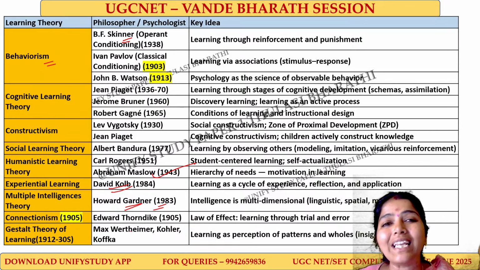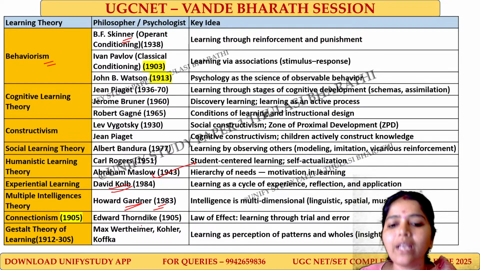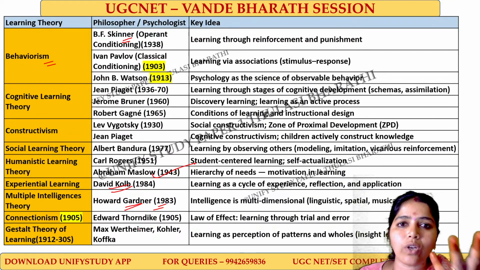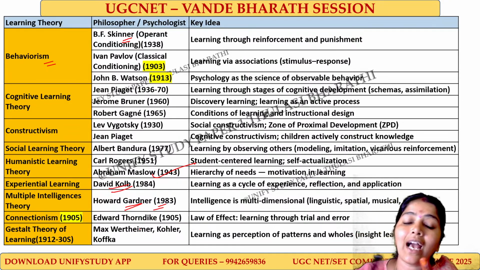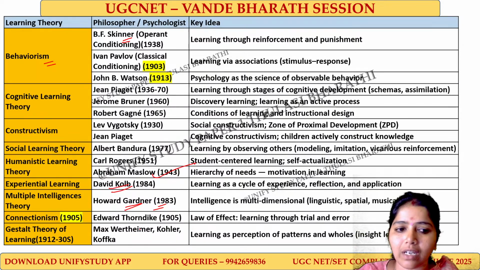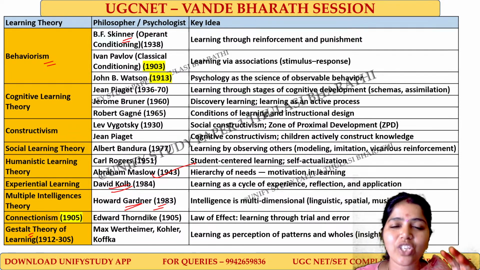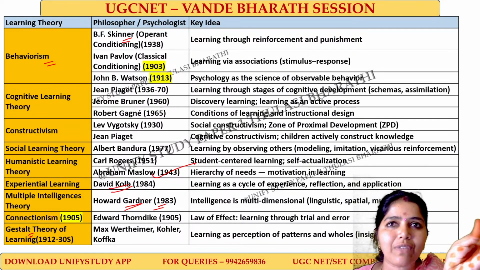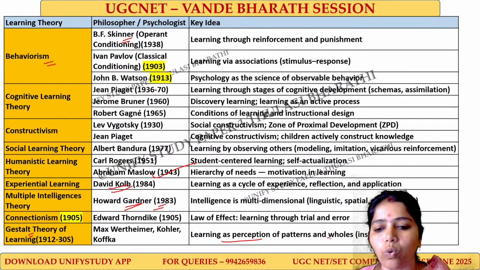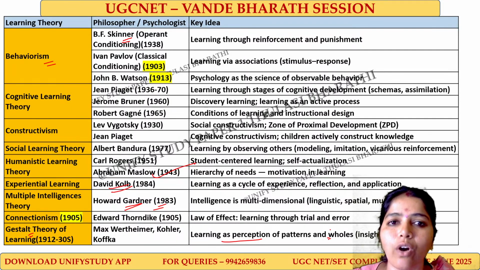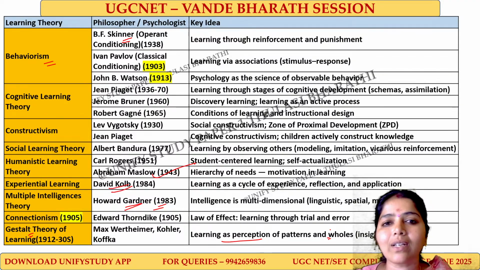It's Edward Lee Thorndike, the laws of learning proposed by Thorndike, right? Laws of learning: effect, readiness, and exercise, right? Repetition. We have to do it again and again. We also have a concept called the trial and error method in this connectionism theory. And next we have the Gestalt theory of learning. Gestalt theory works on patterns. Whenever we see some pattern, we perceive what is there. So learning is a perception of patterns and wholes, where we can get insight learning of concepts.